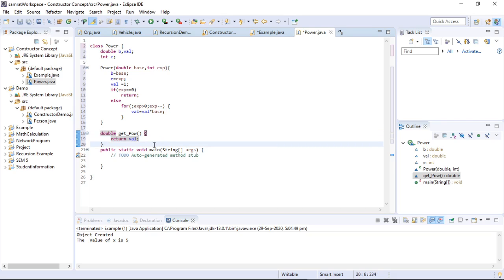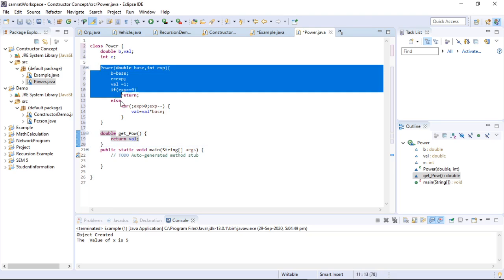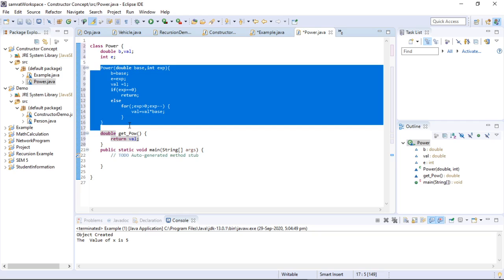Now देखो मैंने कंस्ट्रक्टर कैसे डिफाइन किया, देखो this is the constructor I have defined here। मैंने बेस जो आया मेरा एज ए पैरामीटर उसको मैं बी में डाला, exp जो आया मेरा पैरामीटर उसको मैं ई में डाला, उसके बाद मैंने एक इफ कंडीशन, मतलब सिलेक्शन स्टेटमेंट डाला, कंडीशन चेक किया क्या मेरा exp अगर 0 होता है तब मैं रिटर्न कर दूंगा, मतलब अगर 0 है तब कुछ करना ही नहीं है ना, 2 to the power 0 मतलब क्या होगा, 1 होगा, तो मतलब कुछ करना नहीं है।